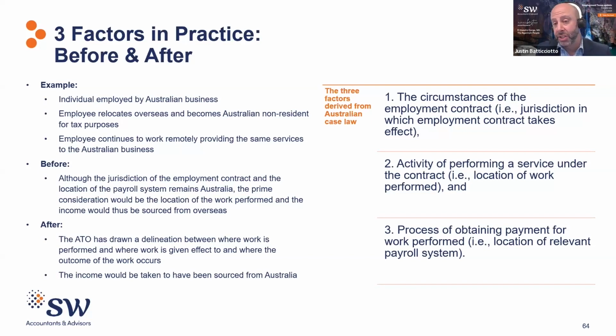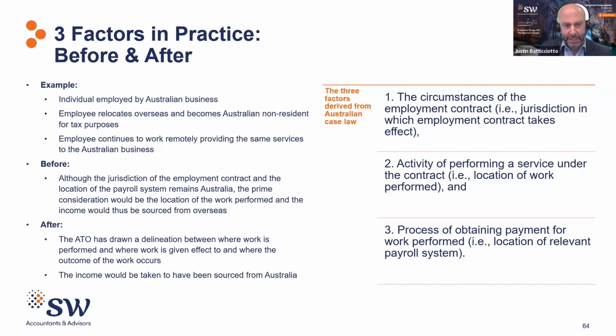And in this situation, the individual becomes a non-resident of Australia for tax purposes. Previously, where individuals are non-resident of Australia, they would only be assessed on Australian sourced income. And although the jurisdiction of the employment contract was Australia, assuming that they're physically performing that role in New Zealand, that income would have been New Zealand sourced employment income, and there'd be no reporting, withholding, or tax obligations here